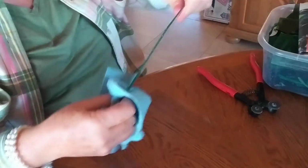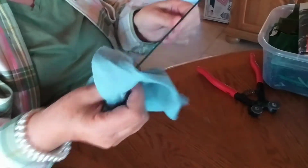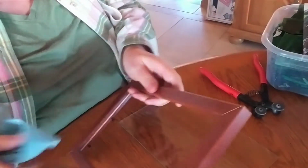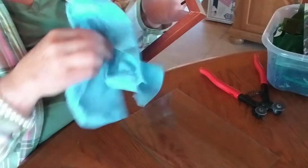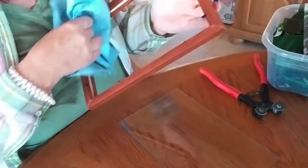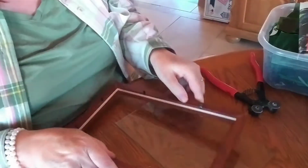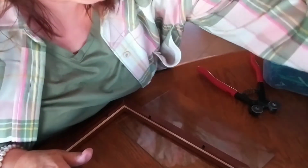So let me clean this up real quick. It doesn't have to be perfect because I can always come back and clean before I actually set a design on top of this. But just so you guys can get an idea of what we're doing. Okay, it's not perfect. I'm also going to take a moment to kind of wipe this thing down, the frame. And so basically what I'm going to do is I'm now going to set that glass right back where it came from, right back in the groove that it came from. But before I do that,